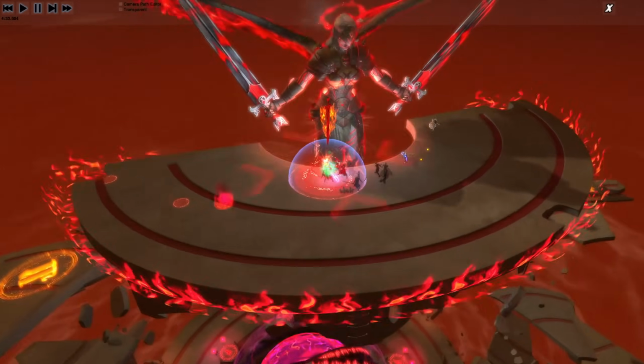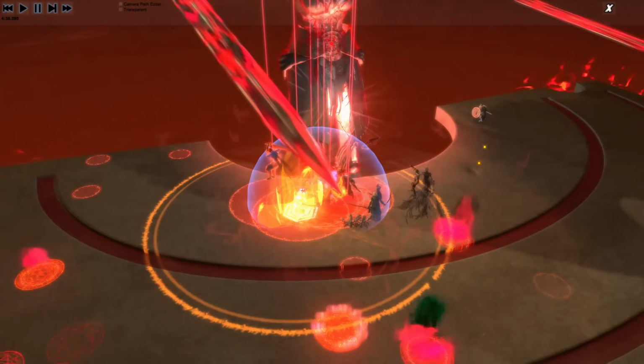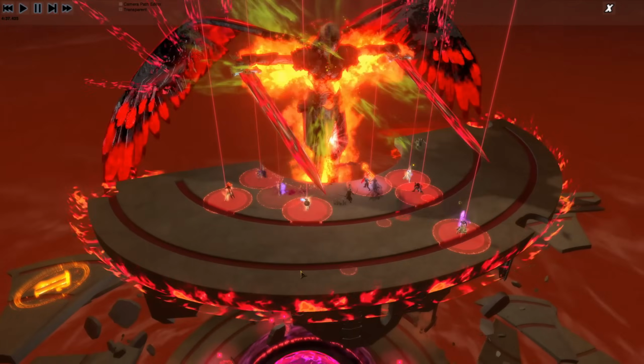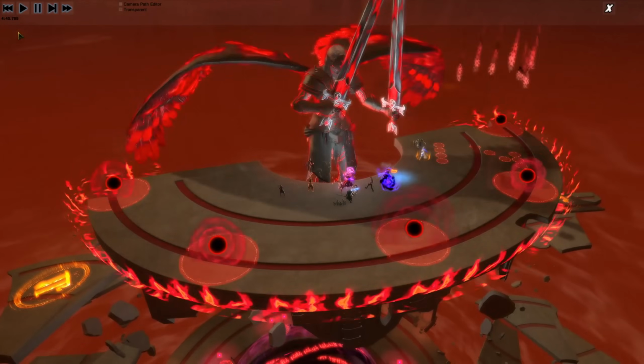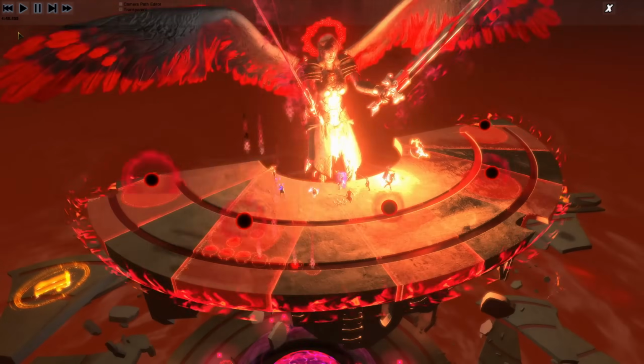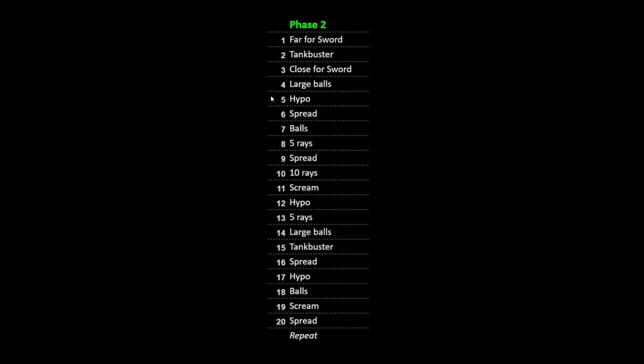The damage soak check with the arrows. You just need to all group up together. And then you get spread, which you do get in phase 1, which simply most people get a red area and you move apart. Then you get the balls again, you get the 5 rays, and you could follow the list here. You're going to get spread again, then 10 rays, scream, followed by hypo again, and it's just